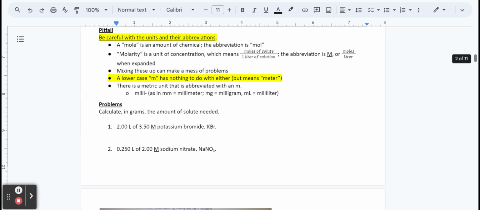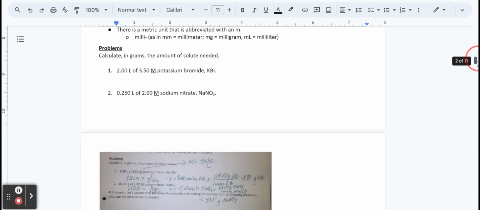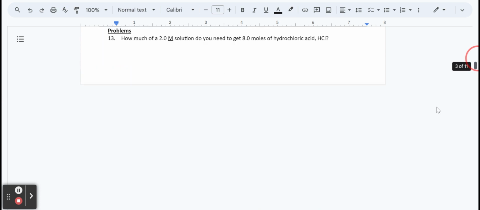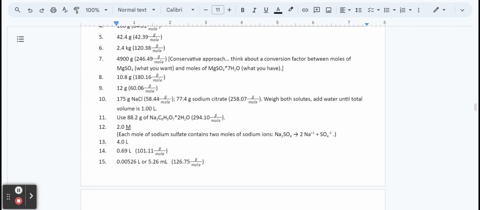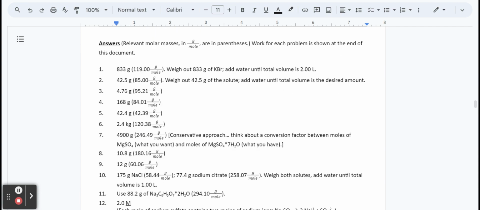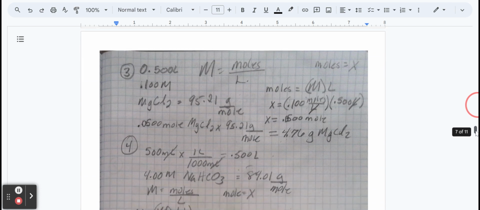And so what I did with each one of these is, at the very end, if you scroll down to the end of our problem document here, here are the numerical answers. And then I took the time the other day and we have added on our work. Okay, so if we take a look